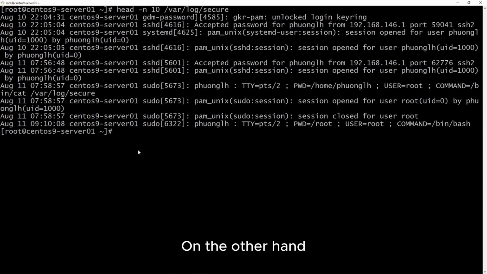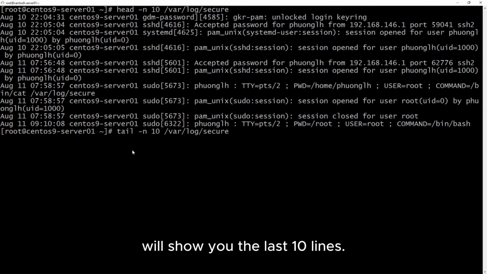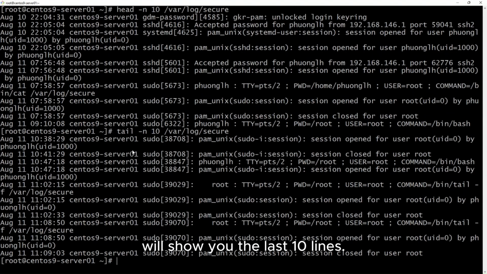On the other hand, tail with option -n will show you the last 10 lines.